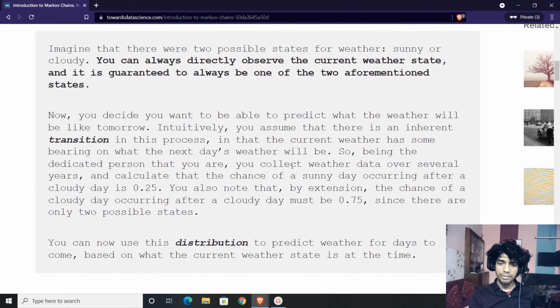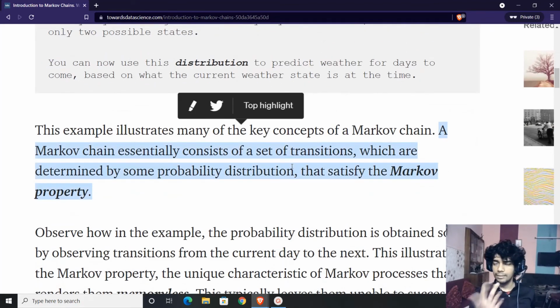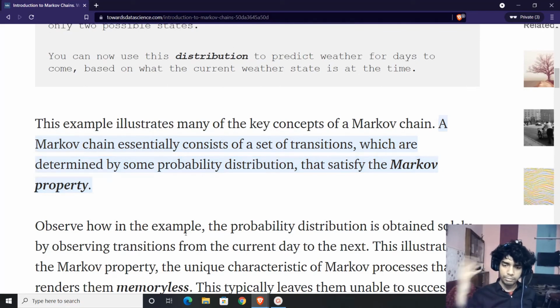So what exactly is a Markov chain? It deals with the conception that you'll always have a bunch of possibilities to choose from and proceed ahead. So if you take an action, there is basically a set of transitions which are determined by a predetermined probability distribution. So your next step, or the next decision of selecting one of many possible transitions, is determined by the past, and the past is kind of an inherent determiner of your action in the future. Usually that is what Markov says.